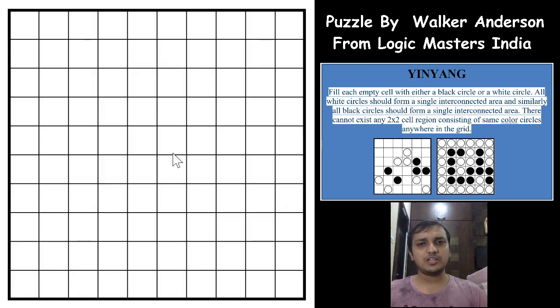And coming on to some tips that will help us solve the puzzle faster: whenever you are at an edge of the grid, or the corner, if you have two black circles anywhere at the edge, and in between you have a white circle, also at the edge, then in the opposite direction of the edge, not towards the white circle, the cells connecting both the black circles will all be black.